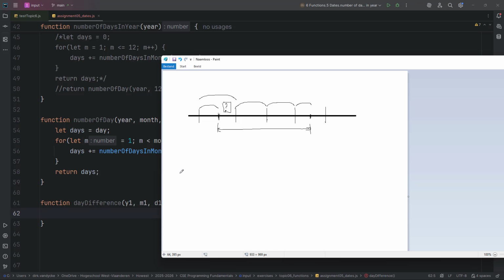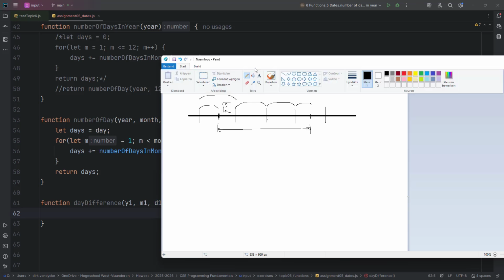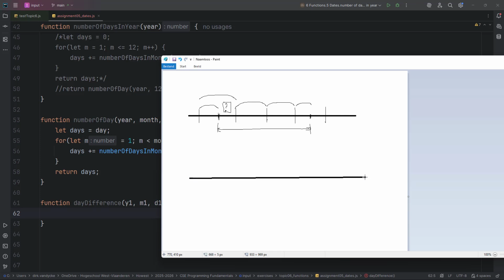Let's try this. I have however a far nicer idea, and that's doing it like this. Let's say I'm going to do this again, and then I have 2 dates again. So this date in this year, and this date. What I could do is make another function that's not being asked, but just a function that helps me out, that gives me from some given year,